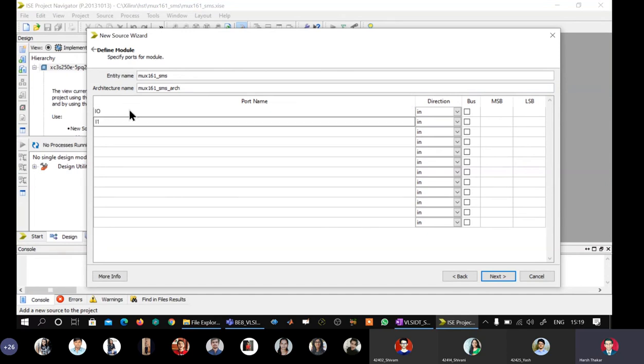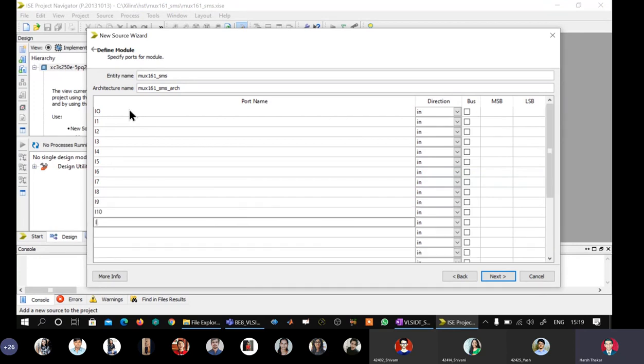I0, I1, I2, I3, I4, I5, I6, I7, I8, I9, I10, I11, I12, I13, I14, I15, S3, S2, S1, S0. Okay, so all 16 inputs.